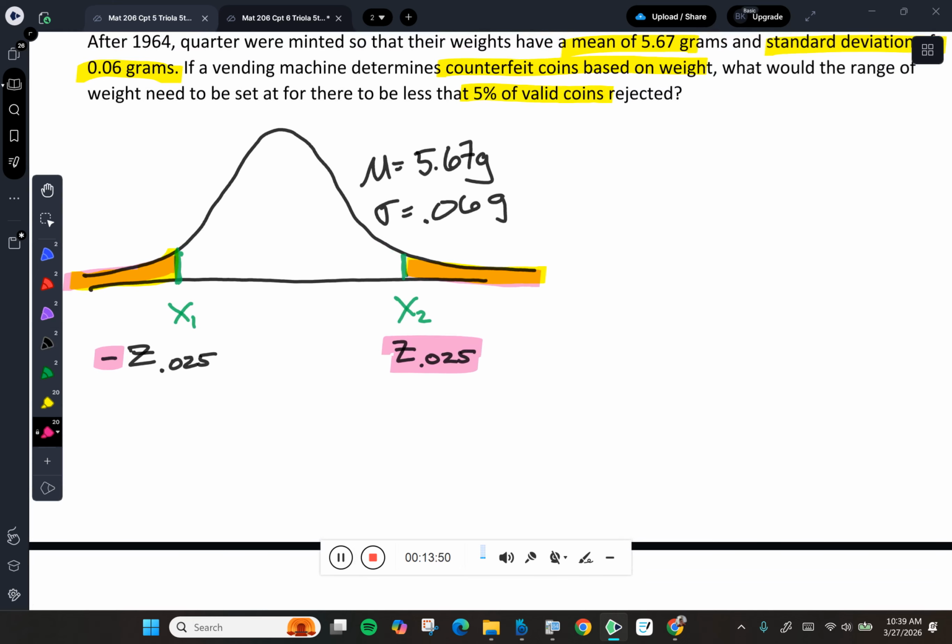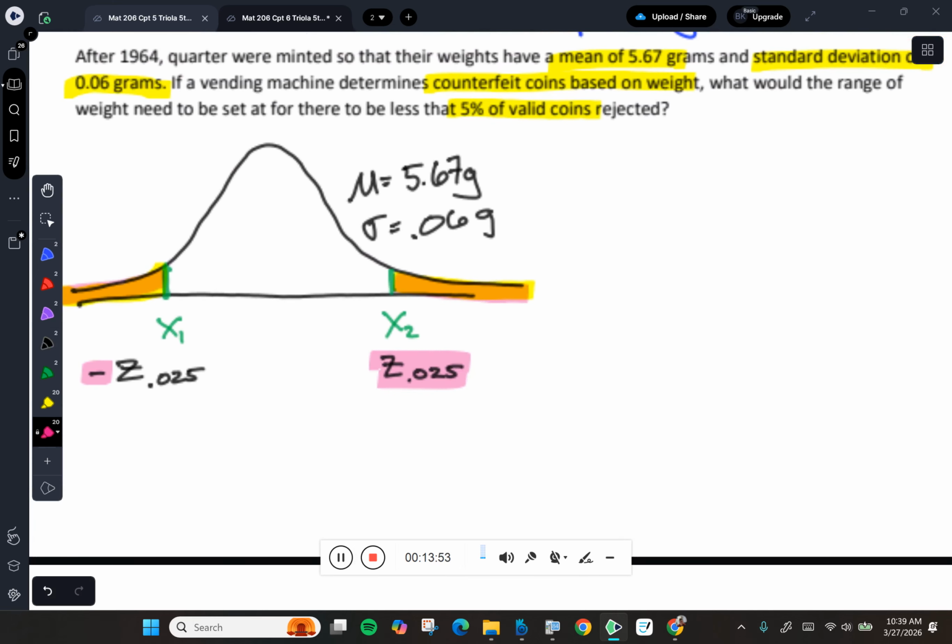We're finding critical values that are going to separate out significantly light and significantly heavy coins. Now, how do I go about doing this? Well, let's see. Since I know the area and I want the x, I'm going to find those values. Now, one thing to note, these are not z-scores that we're finding here, because we're not converting everything over to zeros and ones for means and standard deviations. But effectively, that's what we're looking for. We're looking for those values that are going to separate those things out. Okay? All right, so first we're going to find